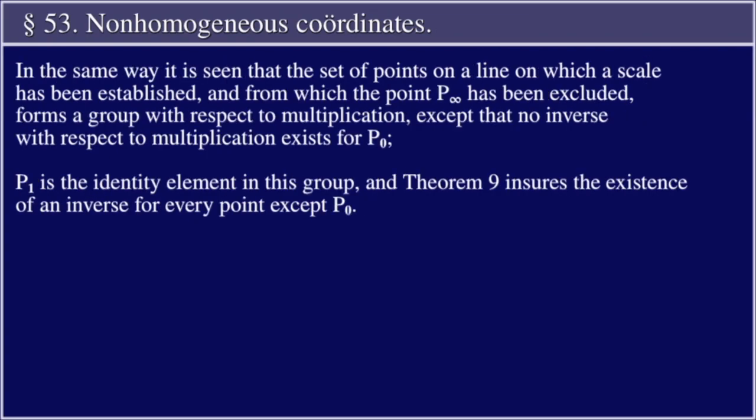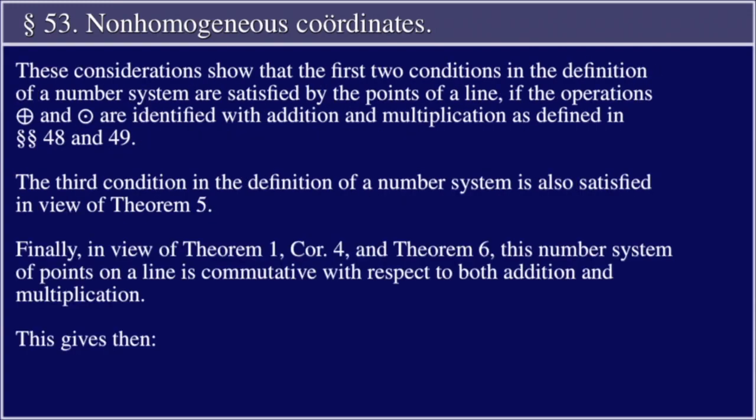In the same way, it is seen that the set of points on a line on which a scale has been established and from which the point P infinity has been excluded forms a group with respect to multiplication, except that no inverse with respect to multiplication exists for P0. P1 is the identity element of this group, and Theorem 9 ensures the existence of an inverse for every point except P0. These considerations show that the first two conditions in the definition of a number system are satisfied by the points of a line,